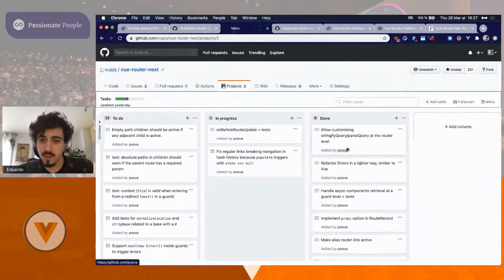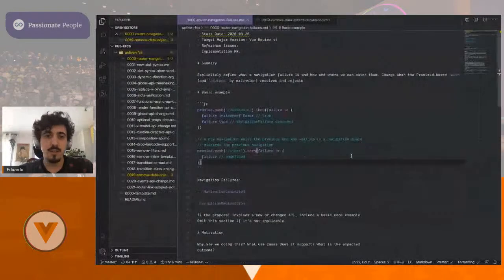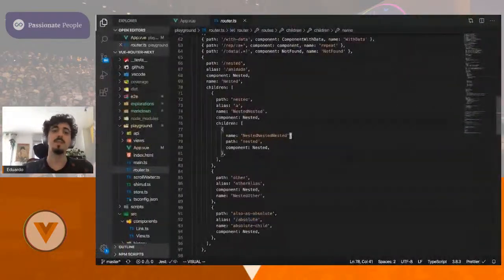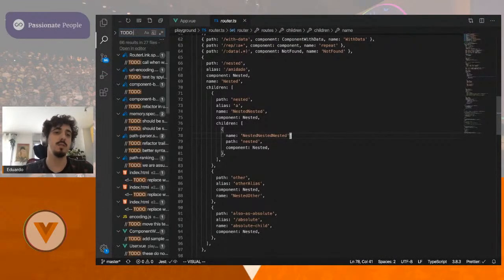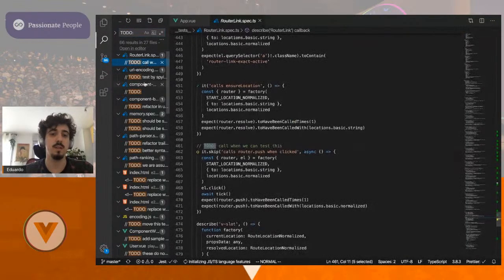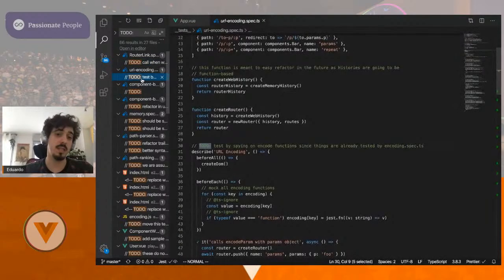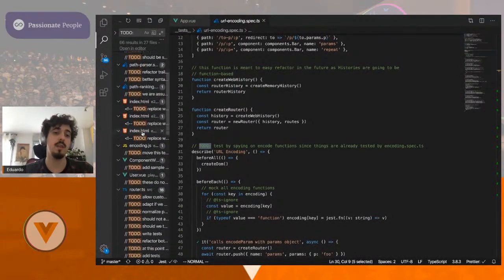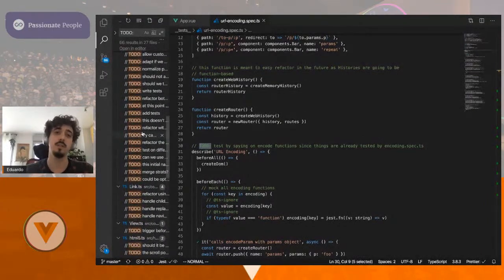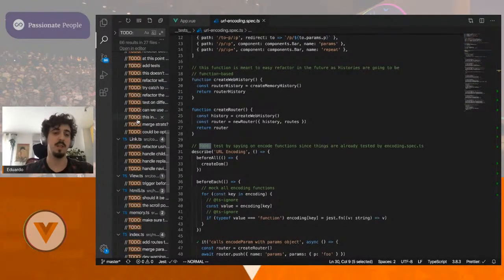Improvements. So all the things that are interesting to note is that on the project, there are many to-dos. So if you look for to-do, you're going to see the to-do as they appear. Some of them may be outdated, but if you want to work on something and you're not sure if something is outdated or not, feel free to reach me on Discord. Maybe someone is working on it as well, but that way I can create a card and put it on the board so that other people do not pick the same one. Of course, that will be limited to my availability, but so far it's still good.